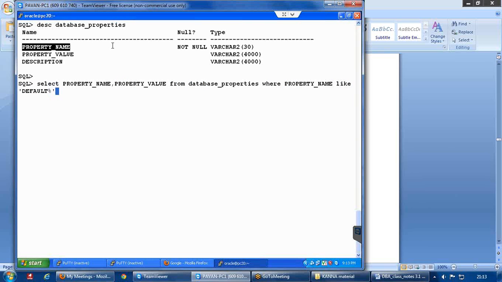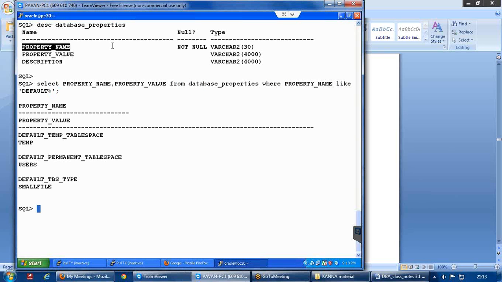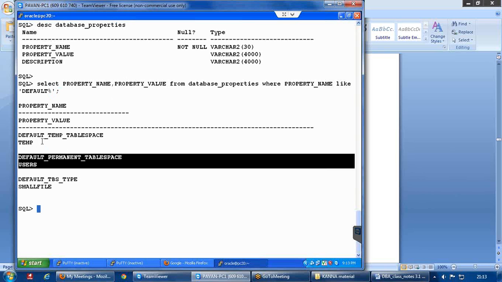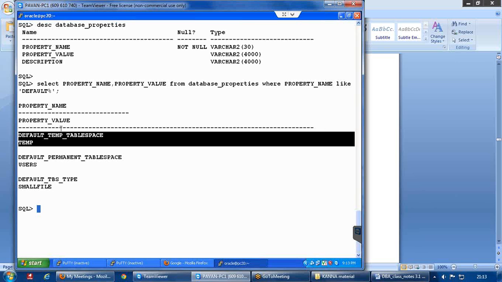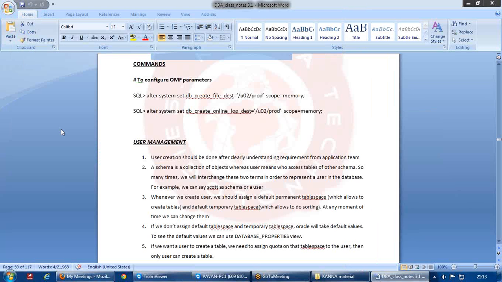The same select query is there in your class notes also. So you can see the default values: for the default permanent tablespace the default value is users, and for the default temp tablespace the name is temp. So you can directly change these to any value you want, either the temp tablespace or the permanent tablespace. And that is what the 4th point says.